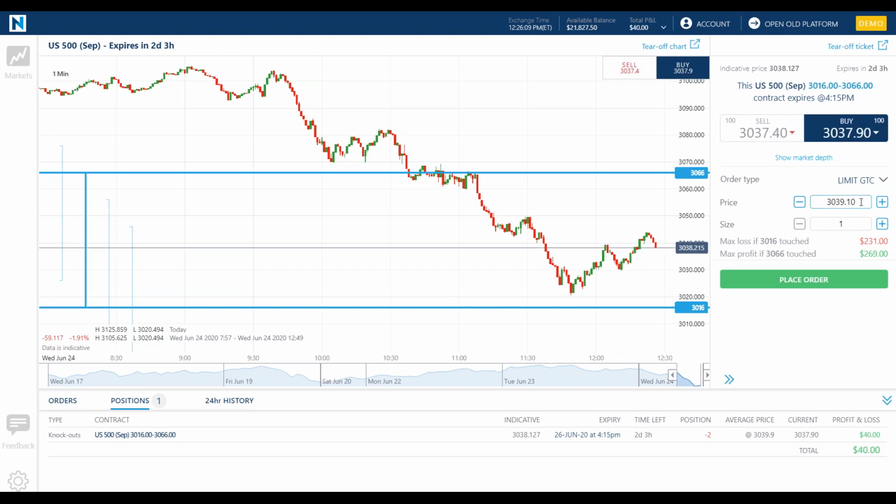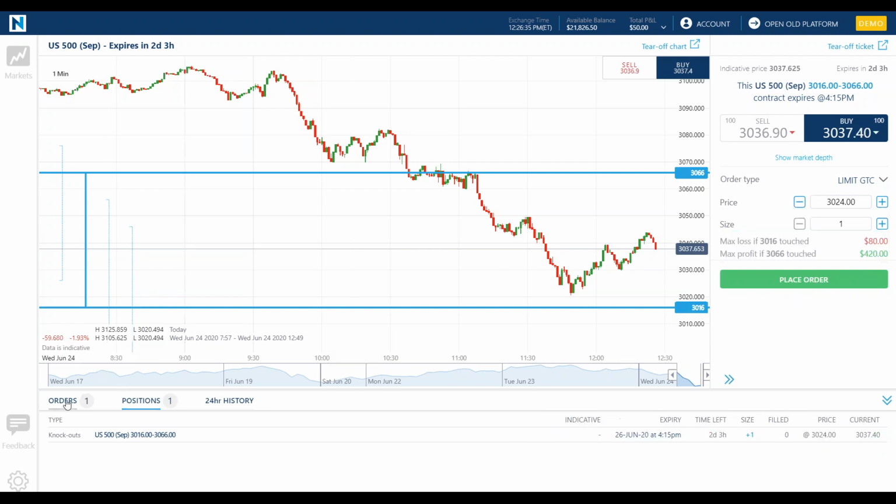All right, so let's actually do this again. I wanted to put one down at 30. See, look at that. We all make mistakes. 3024.00. Notice that I'm now using buy. And by the way, you can see in my positions, I've sold two of these. And if it keeps going lower, I might accidentally have been right. I'm going to go ahead and place an order below to buy. Okay, now we see that in the order book. There's my order below to buy one at 30.24 if it comes back down to this level. So I don't have to wait for it to come all the way down to 30.16 and get knocked out.